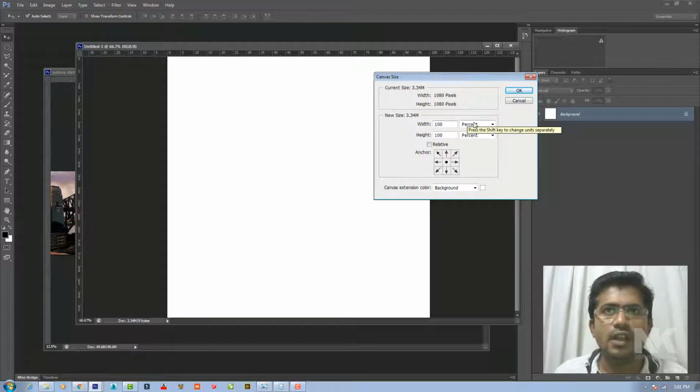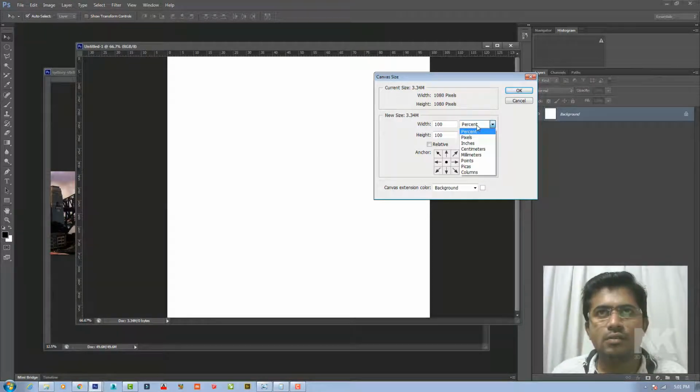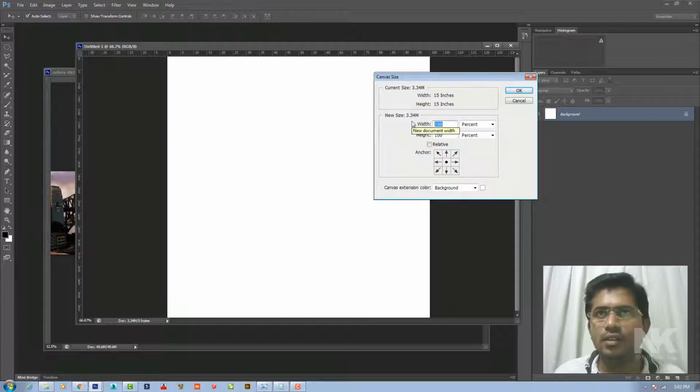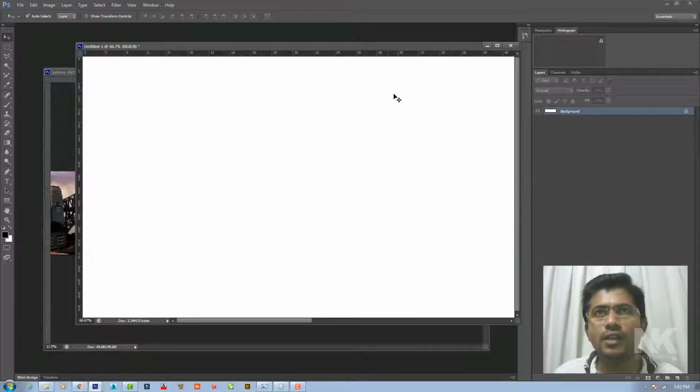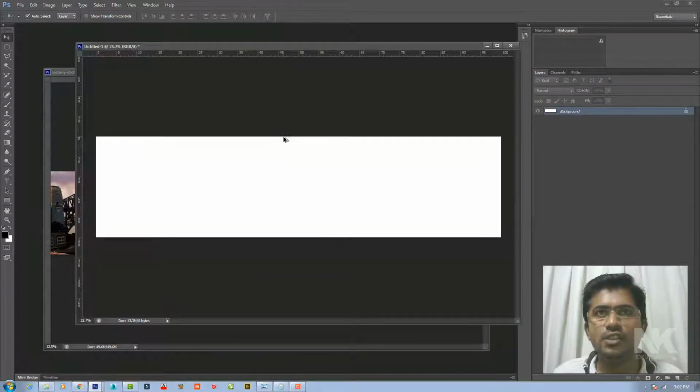Keep in mind you have to keep this in percent if you have pixels or inches selected, and increase it from 100. I have to increase this 4 times, so I will keep it 400 and click here so that it will increase only on the right hand side. Click OK.